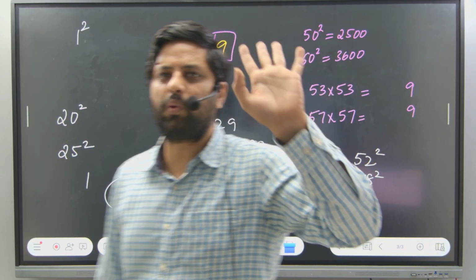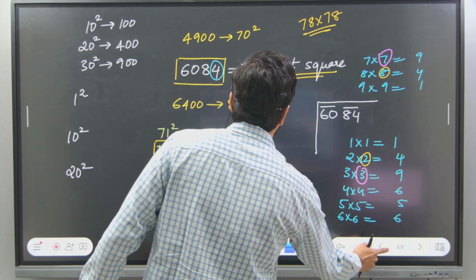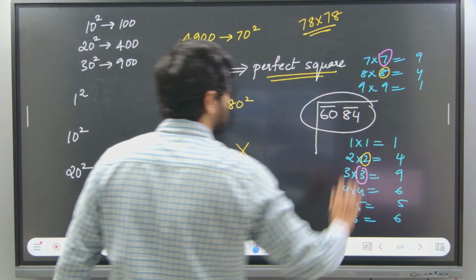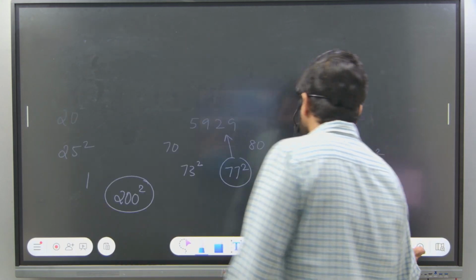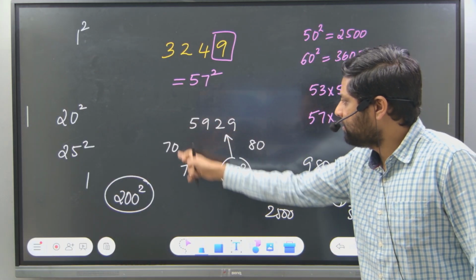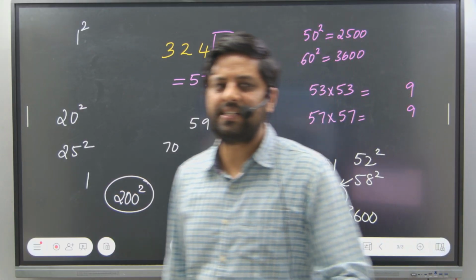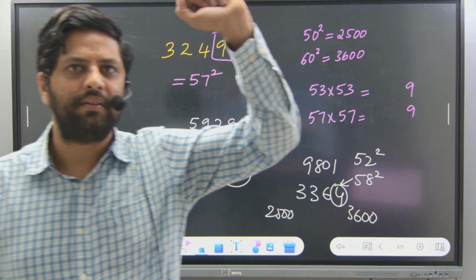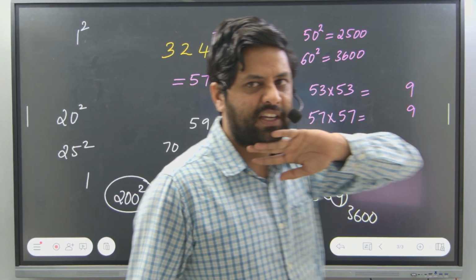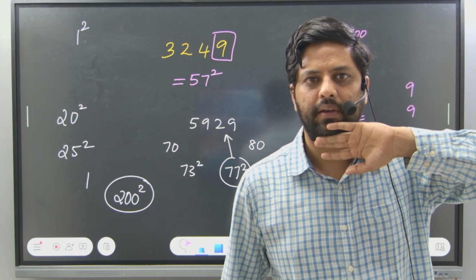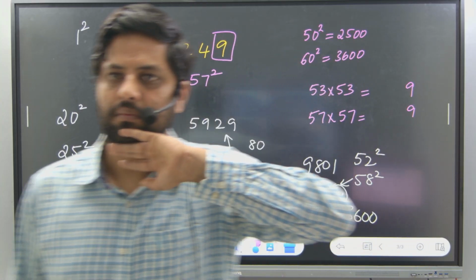You're getting my point? It was just a quick method, nothing else. I know that you will know the method of solving, but it will take more time. As you can see, we are reaching the answer in less than 10-15 seconds. I hope you understood. It will definitely help whenever we come across a perfect square.